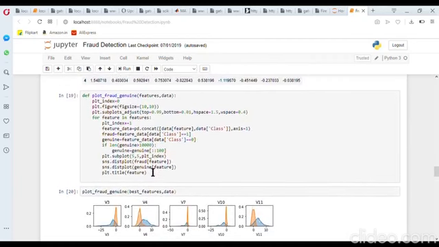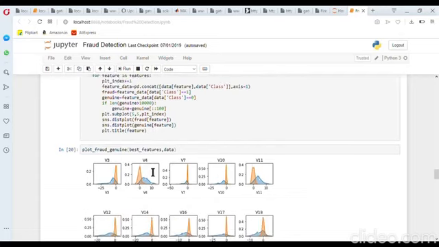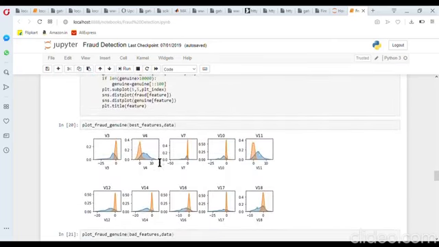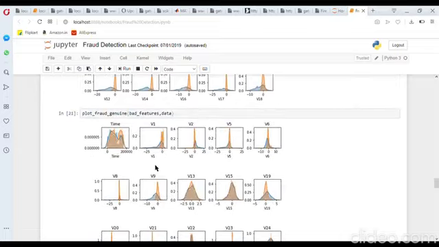If the graphs overlap, then it does not make any sense and does not give a proper result. And if the graphs are not overlapping, then it provides a good result. Here we see that in the best features the overlap is very less, but in the bad features the overlap is more.